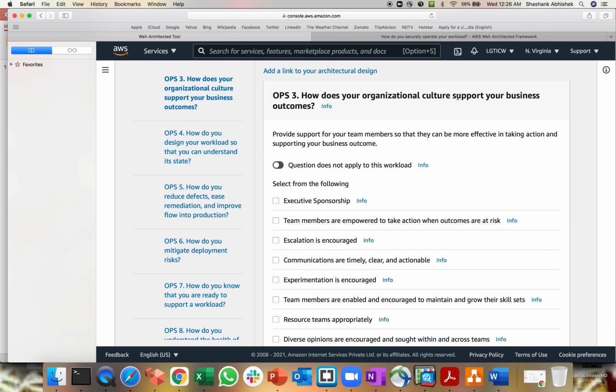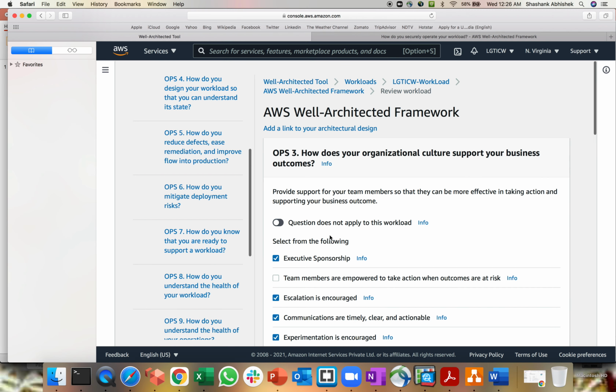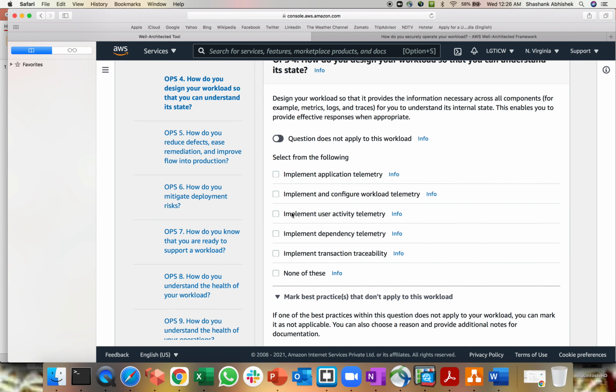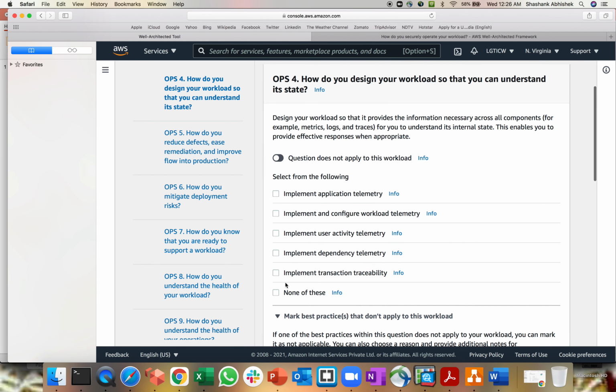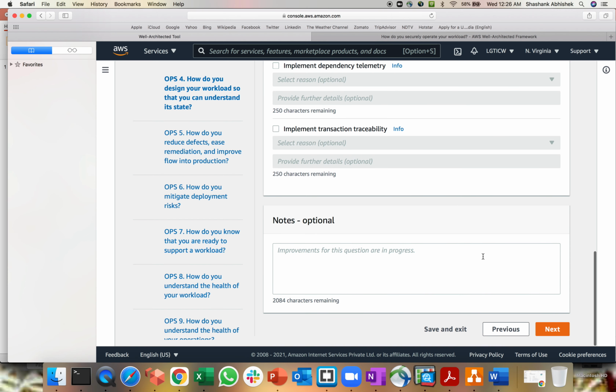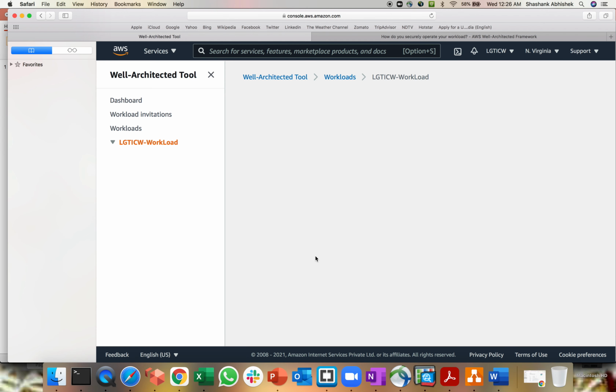How does your organization culture support your business? Executive sponsorship, then escalation is encouraged, and all those things. Okay, click next. This is the fourth one that we'll be going to answer. How do you design your workload so that you can understand state? Okay, let's select this. Now, I'm going to do save and exit, and let's see the result,